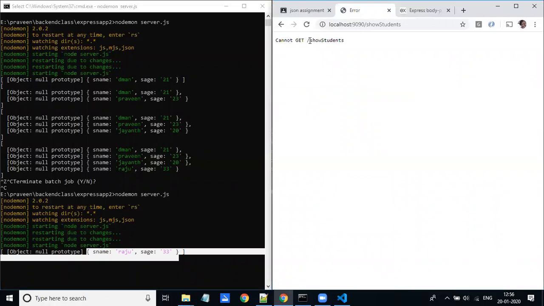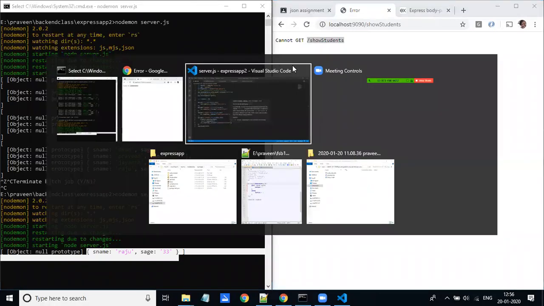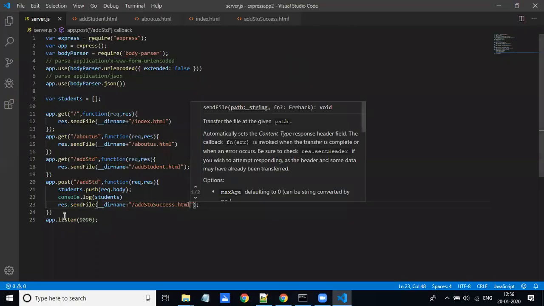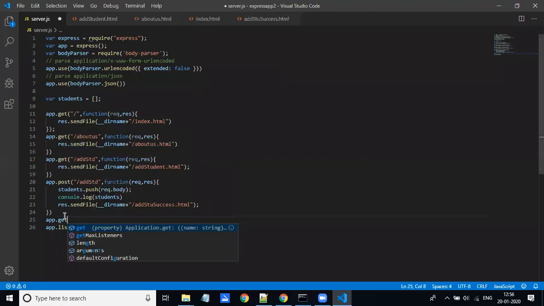So it is saying that show students is not available. Get method of show students. So I need the get method of show students. So app dot get of